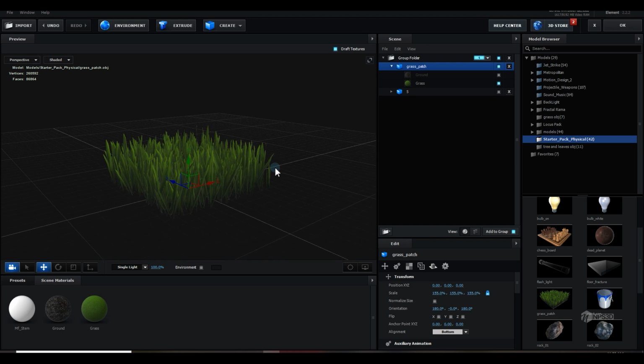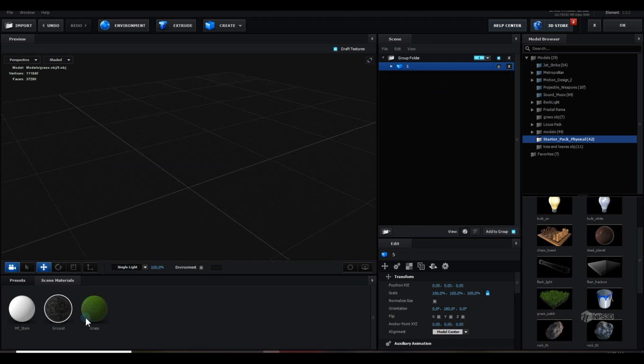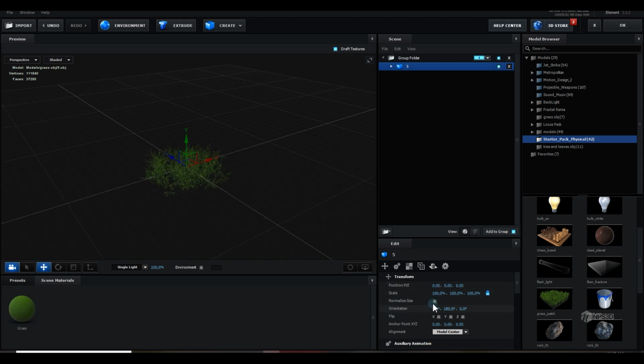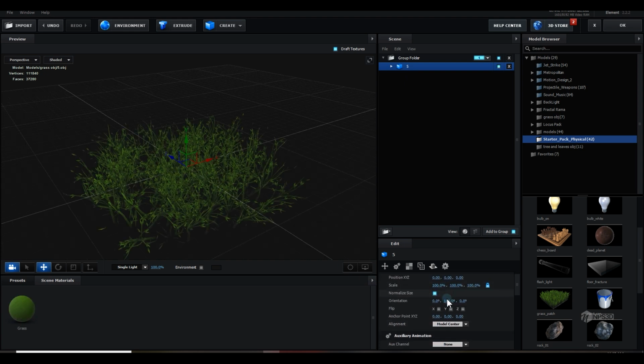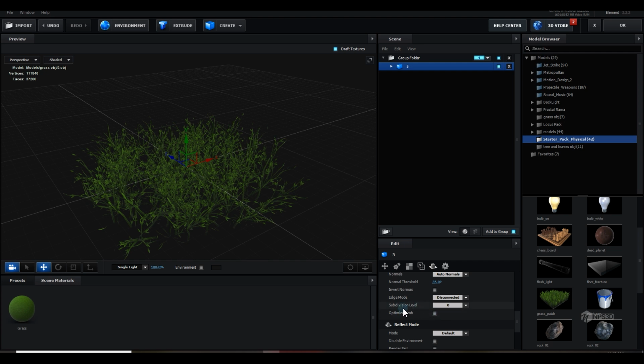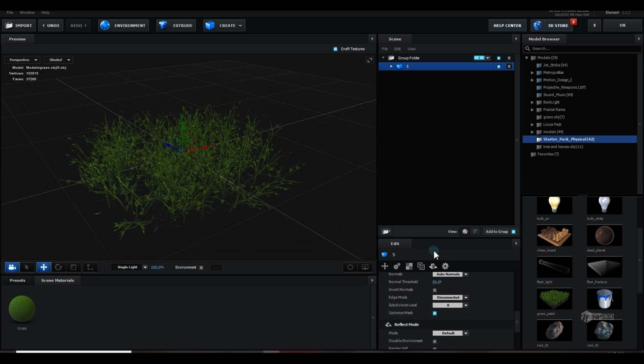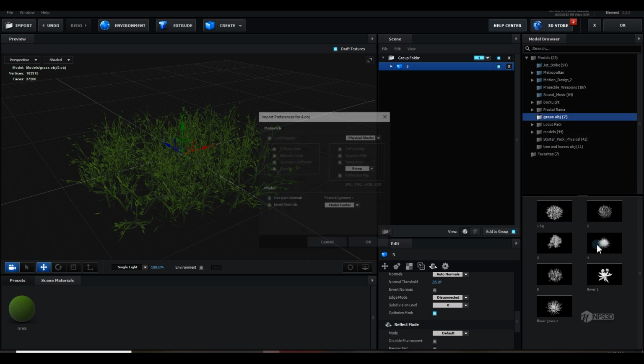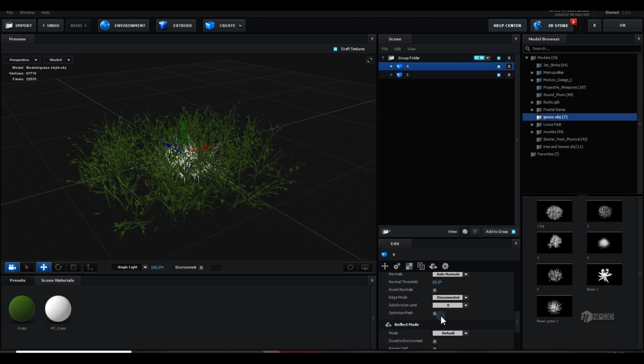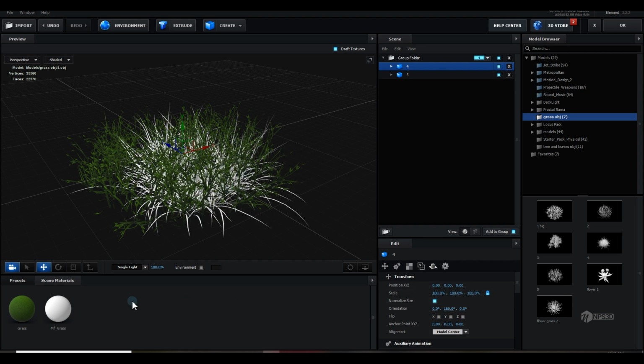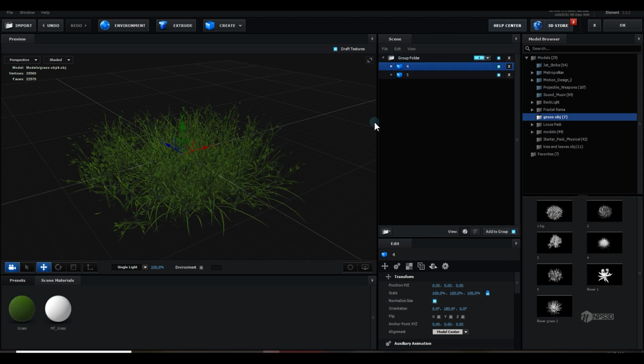In this case I will use the material from the starter pack grass. I check normalize and optimize mesh, and I will load one more grass model, maybe like this one, with optimize mesh and normalize mesh, and apply the same material. I will spread this grass randomly.